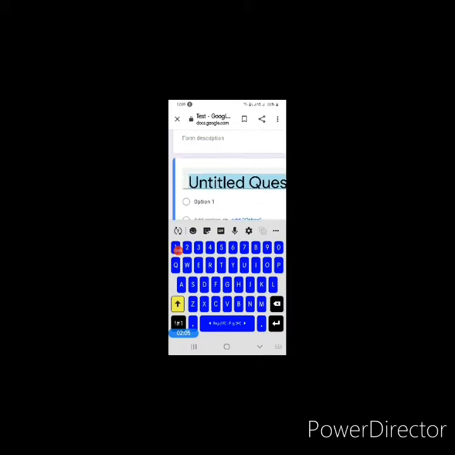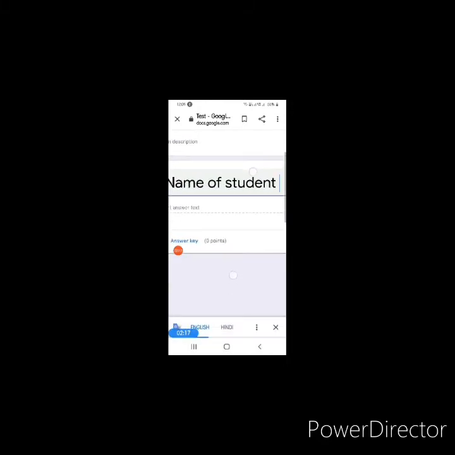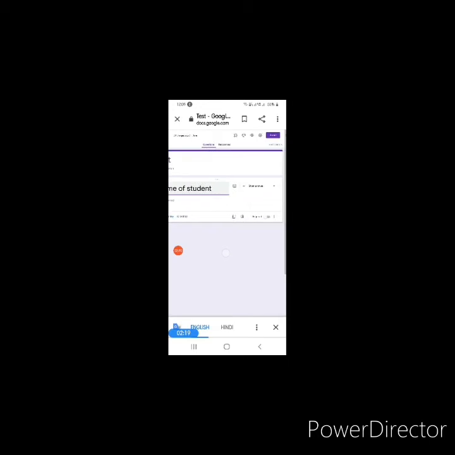Now I will enter my first question. As it is a quiz, I want to write the name of the child. So name of student I will write first. As I write the name of the student, the computer automatically uses its intelligence and makes this a short answer on its own. So here I don't want to give any answer key, so I will just press this required